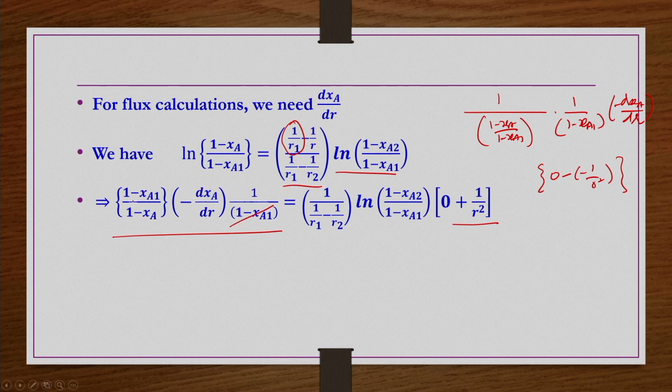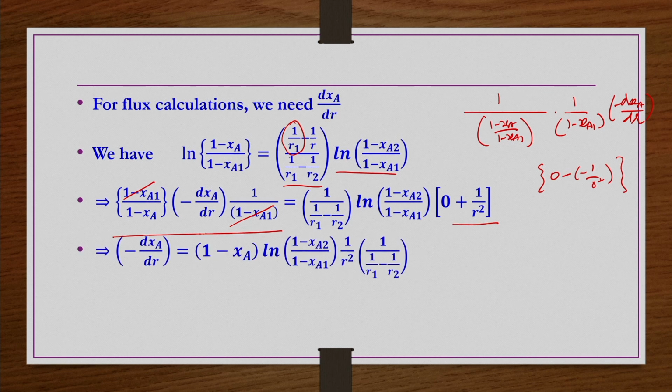So, this 1 minus xa1 and this 1 minus xa1 you can cancel out, and then this 1 minus xa you can take to the right hand side, or you keep it here itself, there is no issue, right. If you take it to the right hand side, this is what you are having. Now, this dxa by dr we need at r is equal to r1. The flux we wanted to calculate at r is equal to r1, because from that surface only, from that position only, the droplet is evaporating. Evaporation is taking place from the droplet surface, which is designated as r is equal to r1. So, that is the reason this flux we have to calculate at r is equal to r1, and this dxa by dr also we should calculate at r is equal to r1.